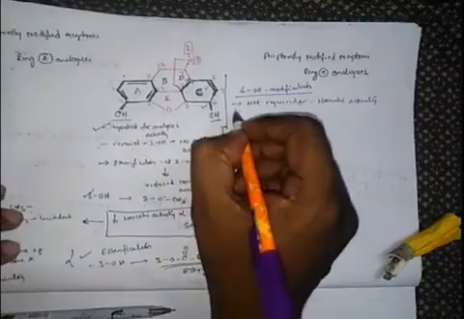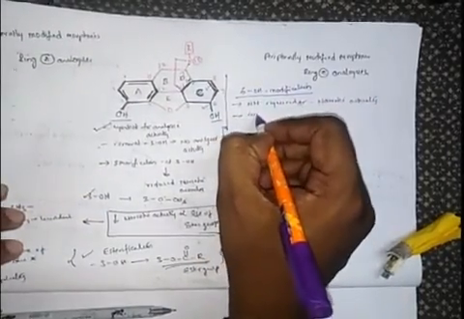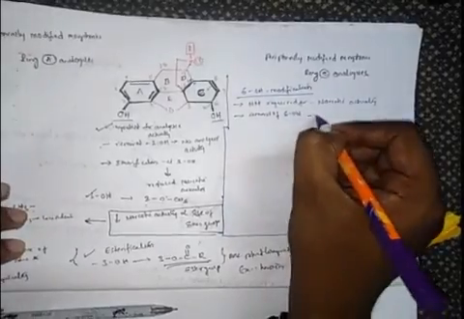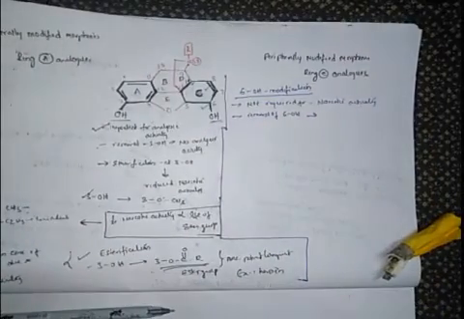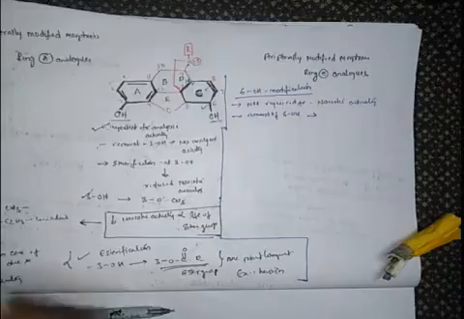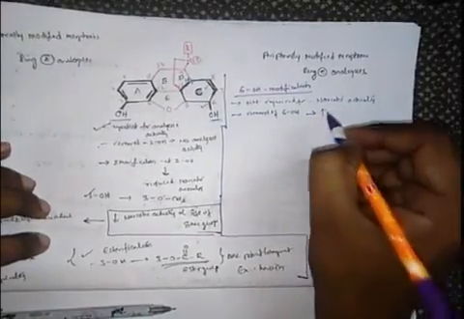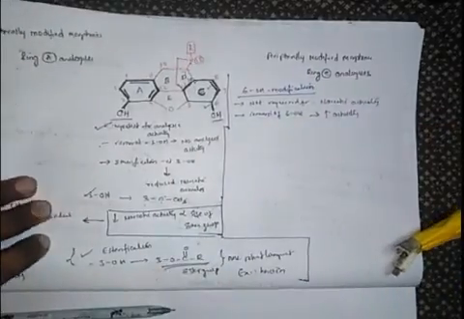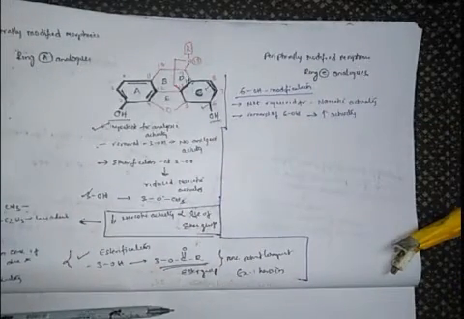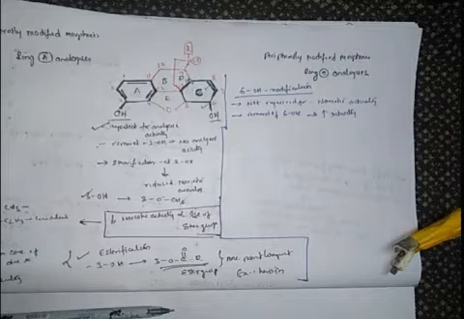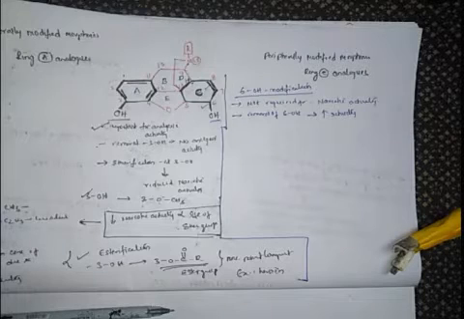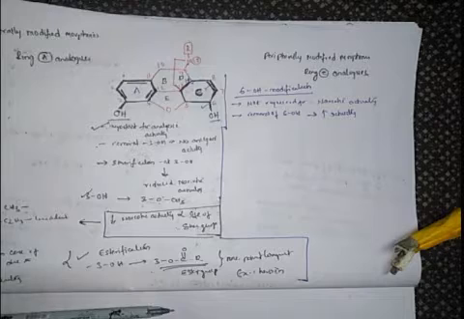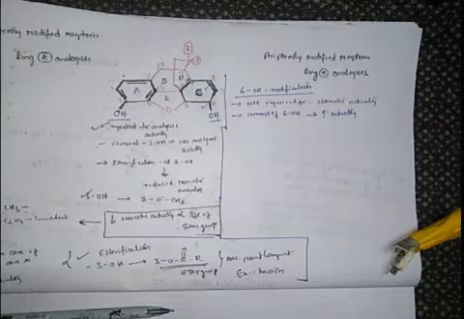On removal of the 6 OH group, there is an actual enhancement in activity. The net result is an increase in activity. So this 6 OH group is not at all important for narcotic activity, and it is not related to it. On removal of the 6 OH group, there is a possibility of increase in narcotic activity.